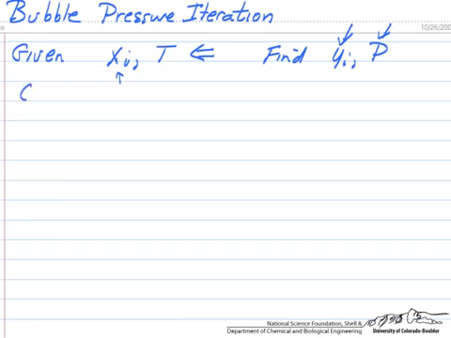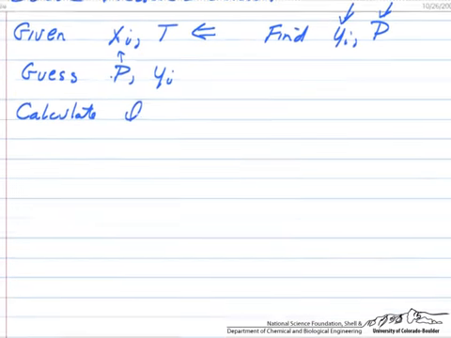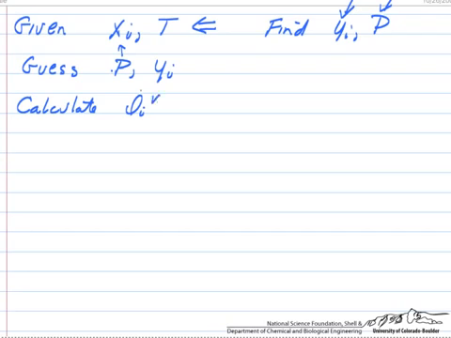So the first thing we do is guess the answer. We guess the pressure. We guess the mole fractions in the vapor phase. This allows us then, for example, to use the equations of state, and we could calculate the fugacity coefficients in the vapor phase and the fugacity coefficients in the liquid phase. So we could use an equation of state to do this. We're basically calculating fugacity coefficients divided by pressure,